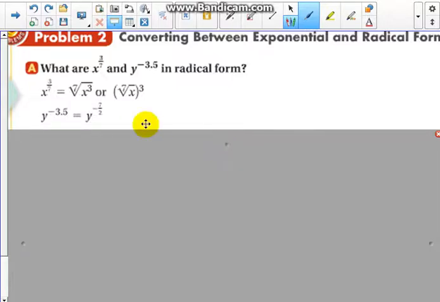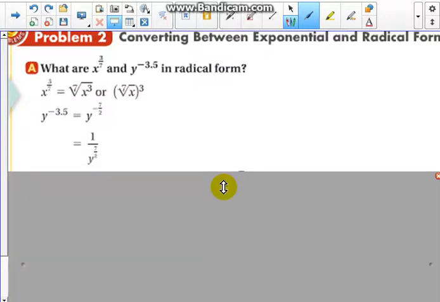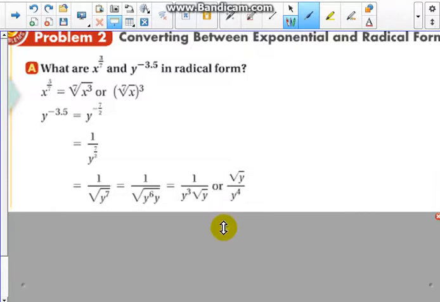And the second one, y to the negative 3/5 equals y to the negative 7/2. And that we're going to write as 1 over y to the 7/2, because remember the rule for negative exponents, which becomes